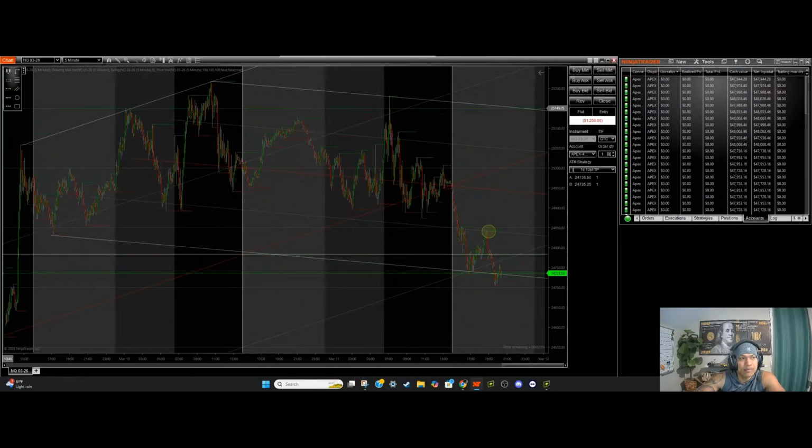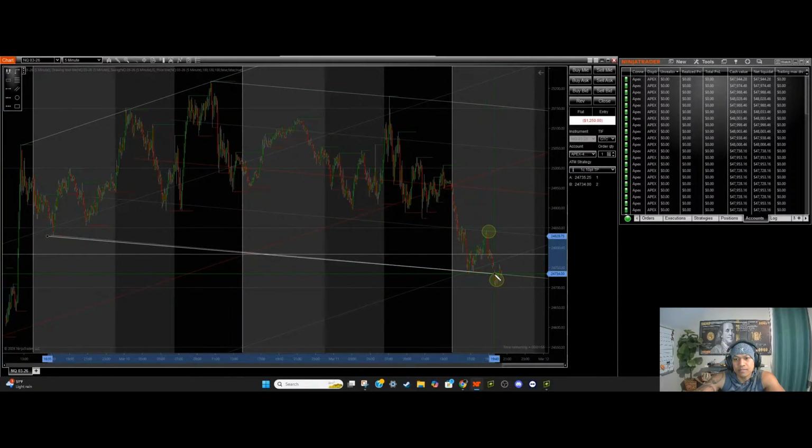You have a quick little manipulation down past the trend line, right? We broke the retest and now it's just hanging out right there. So it could respect this line, right? This line right here. It could respect that. So this is the trend line, right? You got here. Now it's doing this. Now if it respects this and starts doing this,